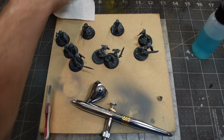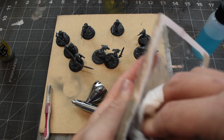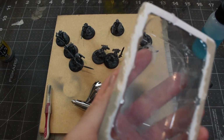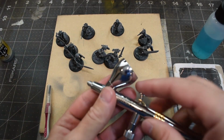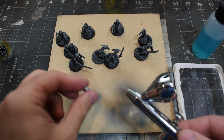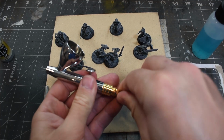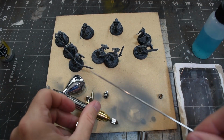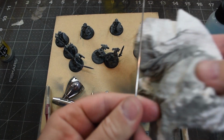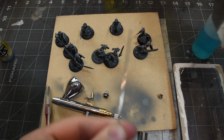So in between deep cleans, or just regular daily quick change maintenance, if I'm not cleaning out a clog, and I haven't had any clogs yet with the new Harder and Steenbeck, and I think it's because I've been taking really good care of it, I'll take it apart a little bit. I'll take the needle out, clean off the needle, make sure that there's not any paint sticking to the needle, and then I'll go in and use one of these little